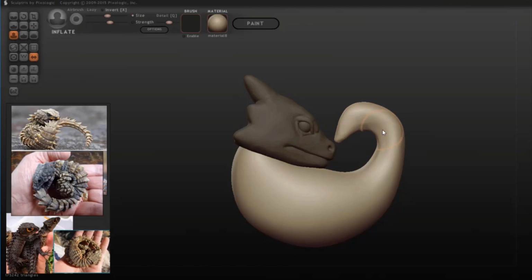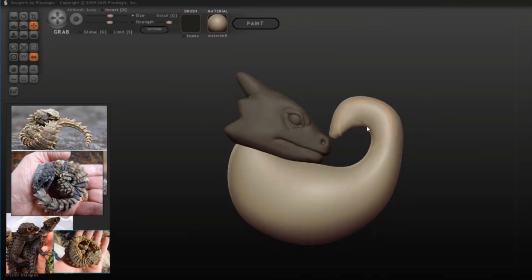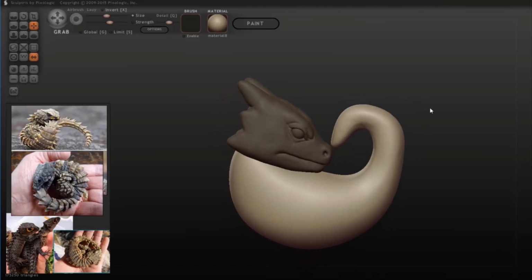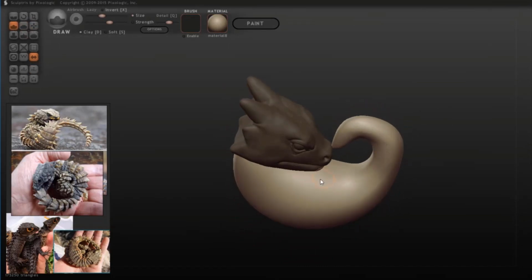And with this flatten brush, I'm just touching in areas here, just adding a bit more volume to the tail where we need it, and continue to tweak with the grab brush. Looking just about right. Don't need it perfect yet, just want it good enough to move on to other areas